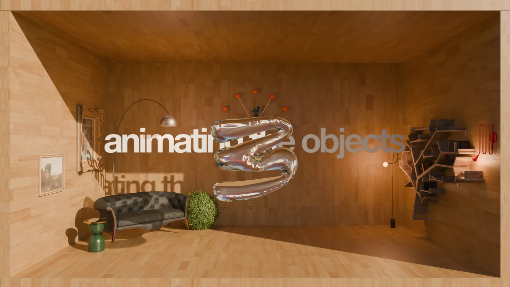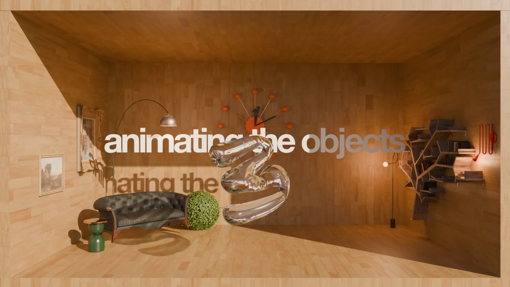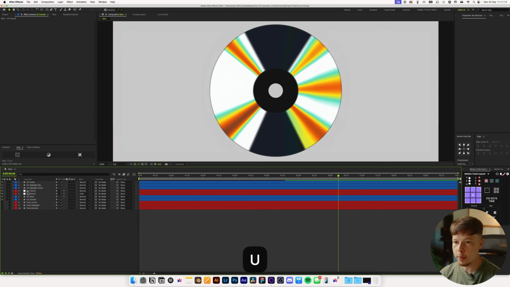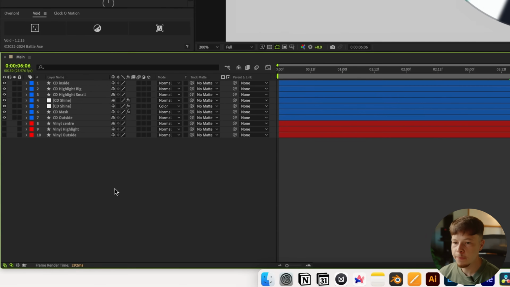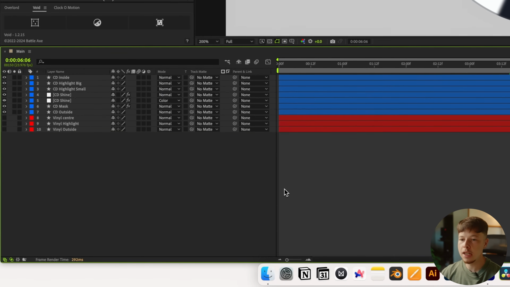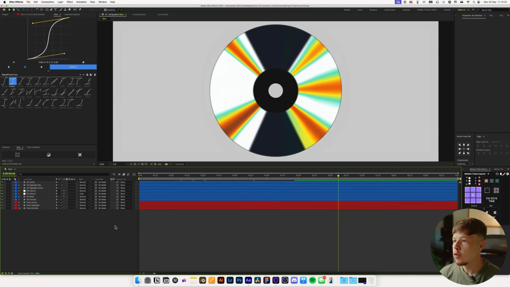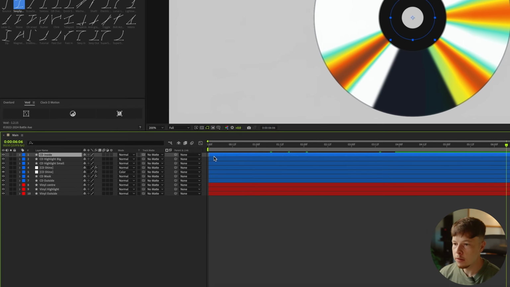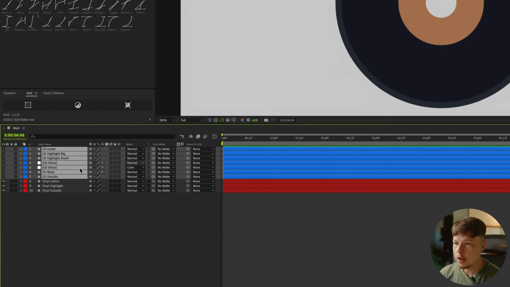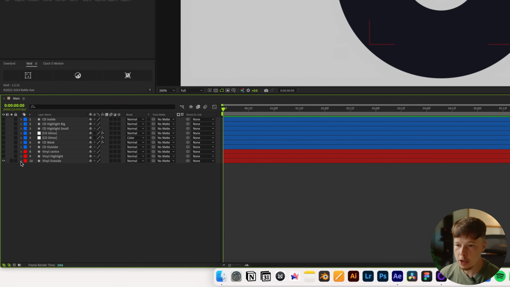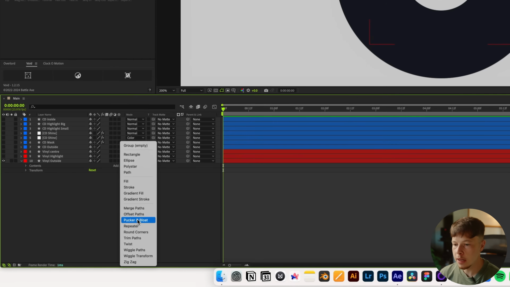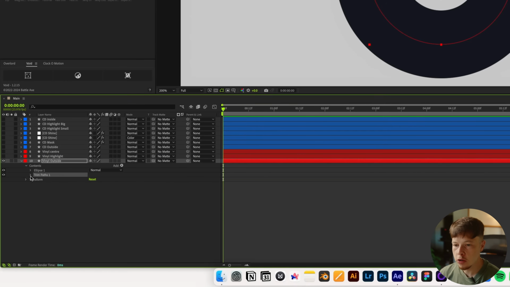Now that we have the base of our vinyl and the base of our CD, we can go ahead and start playing with the animations. First, I'm just going to turn this into blue, bada bing, bada boom, so it's all the same because it's the CD. For the transition, I'm going to be using trim paths. I'm going to hide all of these layers for now and focus on the vinyl first. I'll hide everything, open this up, and add a trim paths, then open that up and play around with the start